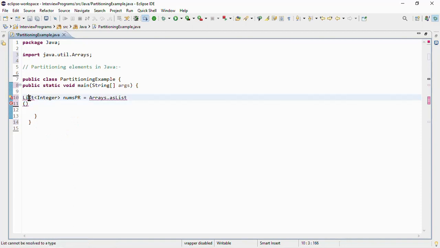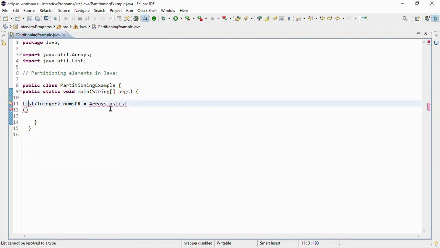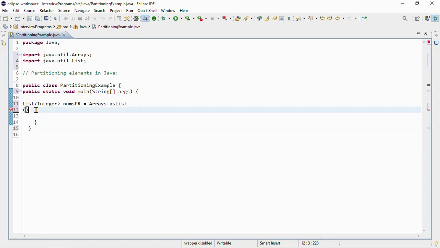First of all, let's import the List interface and class Arrays. Okay, so I have imported the List interface. Now let's pass the numbers here. The numbers will be 11, 23, 36, 41, 55, 68, 73, 82, 99 and 100.